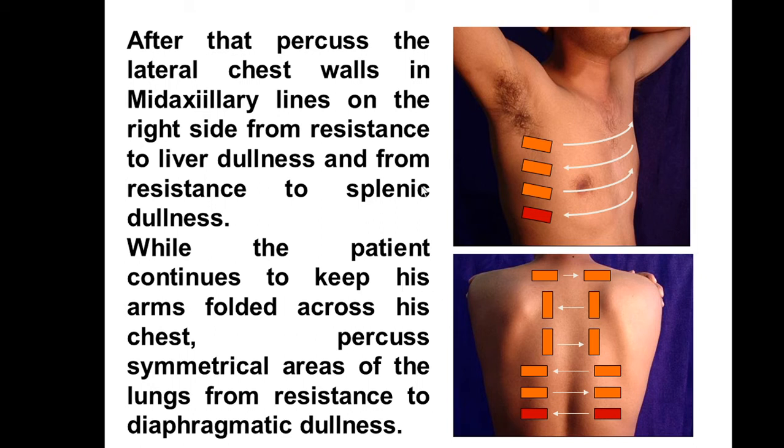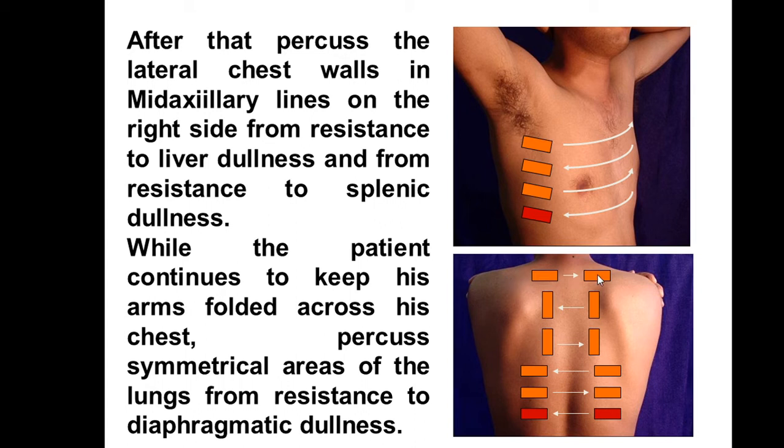You use the mid-axillary line on the right side, from resistance, and then go to the left side. On the right side, go until liver dullness; on the left side, until spleen dullness. And then, in the symmetrical area, you go to percussing the left side or posterior part, and you see the direction